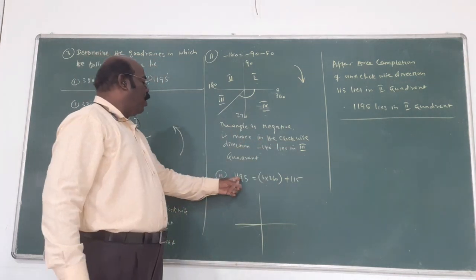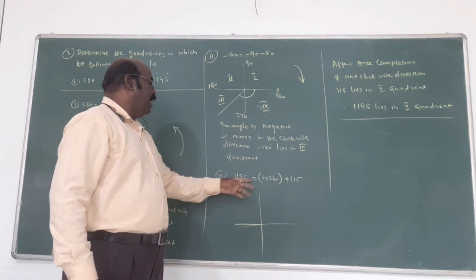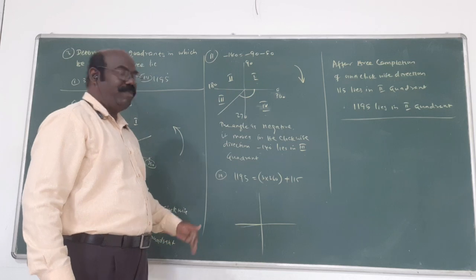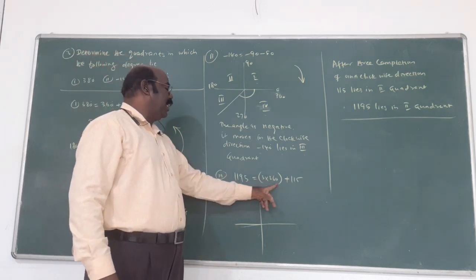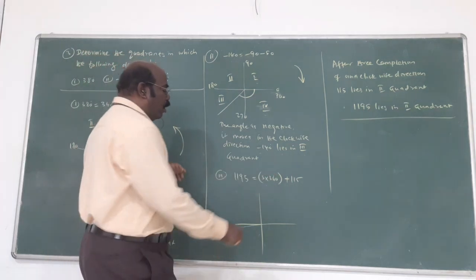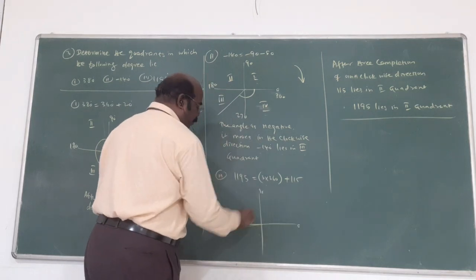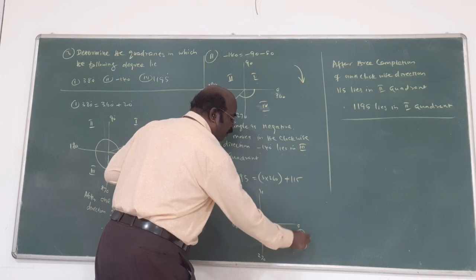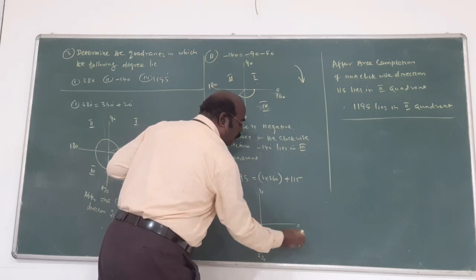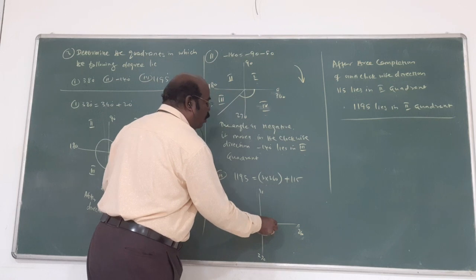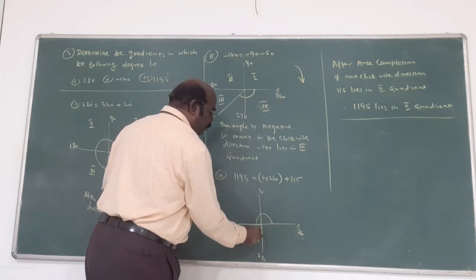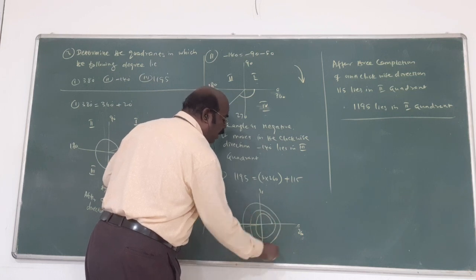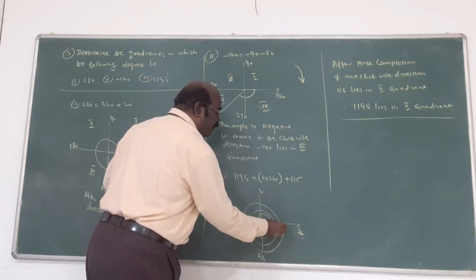Once again, 1195, roughly divide by 360 degree. This is divided by 360 degree, 3 times 360 degree plus 115. What is it? 0 degree, 90, 180, 270, and 360. Am I correct? This is going on. I start with the first, here 0 to here, one rotation. Second rotation. Third rotation. Am I correct? After 115 degree, where is that?